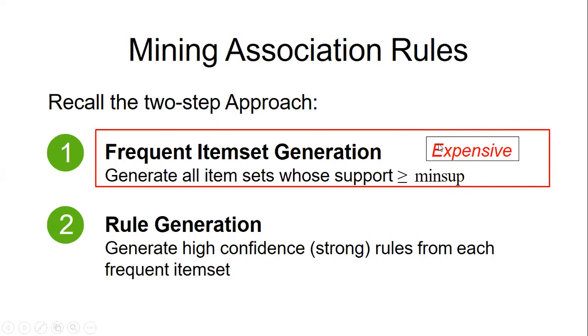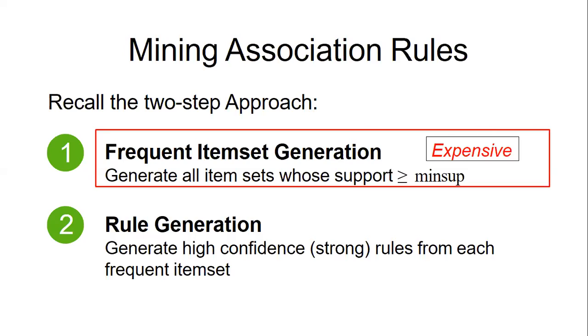In the naive algorithm, the entire item set lattice used to be scanned every time, but the computational expense has been reduced by using the a priori algorithm. How? By using the a priori principle, which says that if an item set is frequent, then all its subsets are also frequent. If an item set is infrequent, then all its supersets are also infrequent.